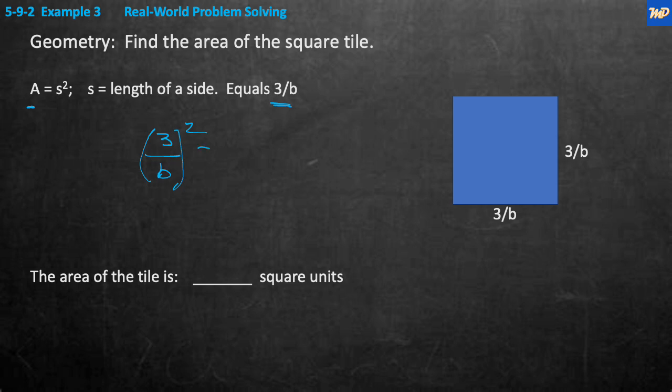And when we carry this out mathematically, we're going to see that 3 squared is how much? 3 squared is 9 over, what's b squared? Well, we don't know anything more than it's b squared. And that's the answer. So 9 over b squared. So the area of the tile is 9 over b squared